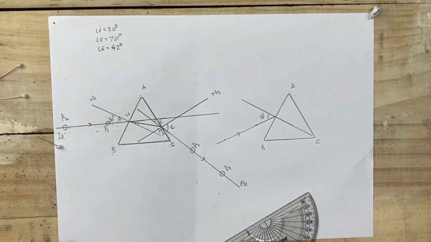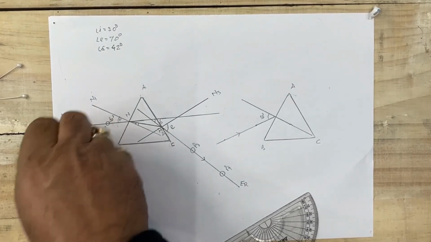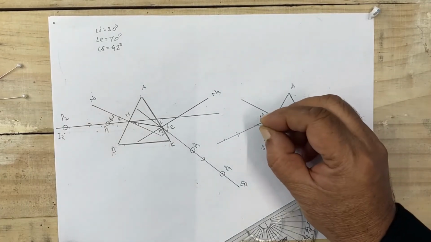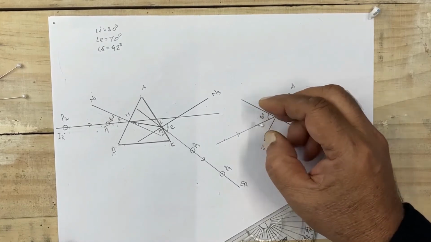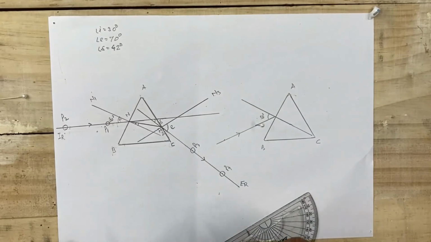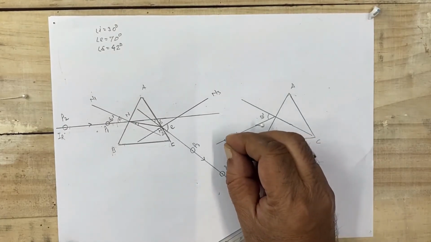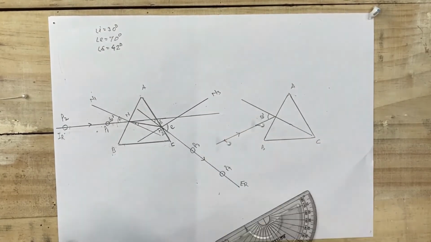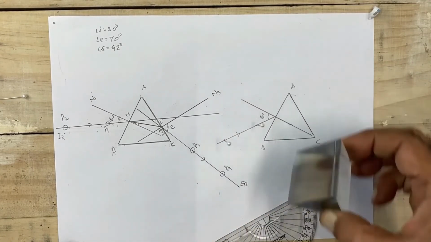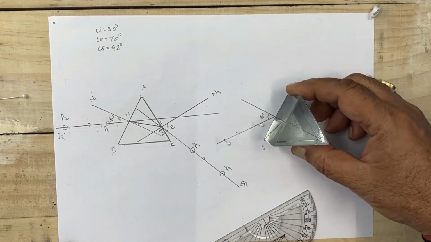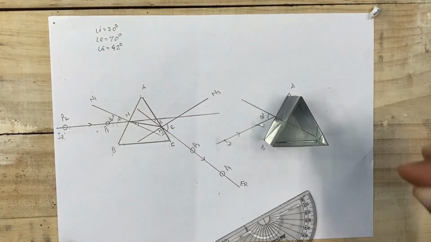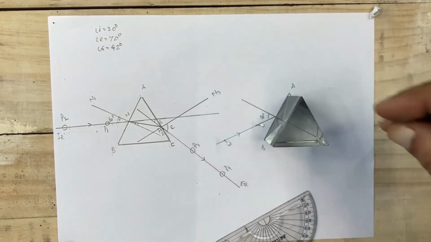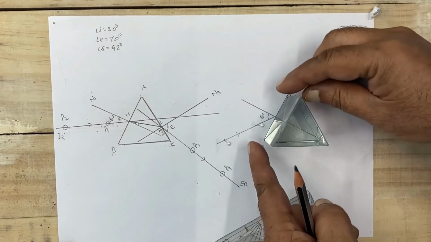Now what we have to do, same thing जैसे पहले किया था, we are going to fix the pins. So now pins are fixed here. This is one point here. This is the second pin. It is fixed here. Now we have to keep the prism back here. Here it is kept. Now we have to fix the two pins in the straight line of image of pin P1 and P2 from this side.